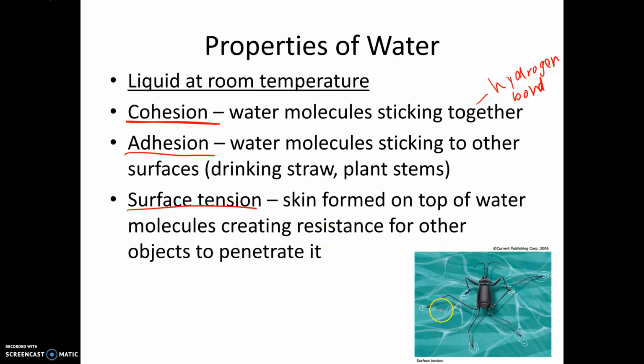So if we take a look at our bug here, this little skin on top of the water, because that water is being held together by cohesion in those hydrogen bonds, unless an object is strong enough to push through those hydrogen bonds, it will stay on the top of the water like this bug is. Hydrogen bonds are very weak though, so it's pretty easy for us to break those hydrogen bonds and get through those water molecules. But in the small chances like this bug, or like, say, if we put a piece of styrofoam on top of water, you would see that surface tension preventing it from sinking into the water.